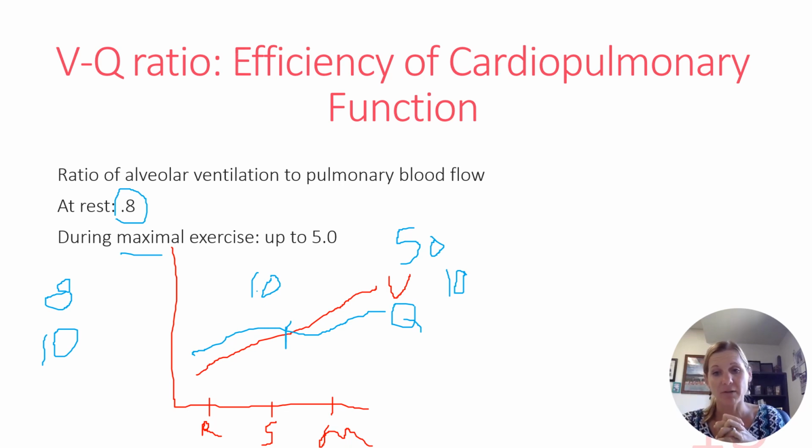The cardiovascular system, however, when exercise occurs, now you've got to deliver more blood to the brain, to the heart, to the muscles, to the skin so you can dissipate heat. And you've got to send some to the heart to fuel that heart muscle. And you have to send more to the lungs so that we can pick up more oxygen. So the cardiovascular system is our limiter here. Ventilation, we're good at that. The limiting factor is how much blood I can send to the lungs. That's a huge limiting factor for us in maximal exercise because of all of the things we have to do with that cardiovascular system in order to keep up with the exercise. So that's what's up with this.